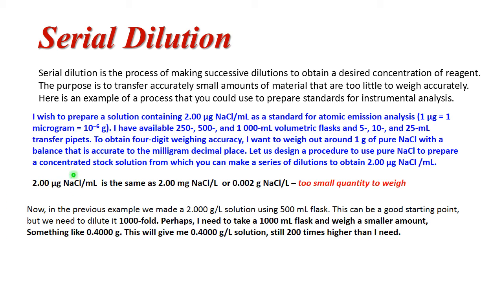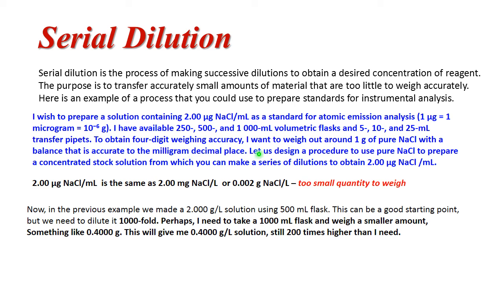So, I wish to prepare a solution containing 2 micrograms of sodium chloride per ml as a standard for atomic emission analysis. 1 microgram is 10 to the negative 6 grams. I have available flasks and I have several transfer pipettes. To obtain a 4-digit accuracy, I want to weigh around 1 gram of pure sodium chloride with a balance that is accurate to the decimal place in milligrams, which means